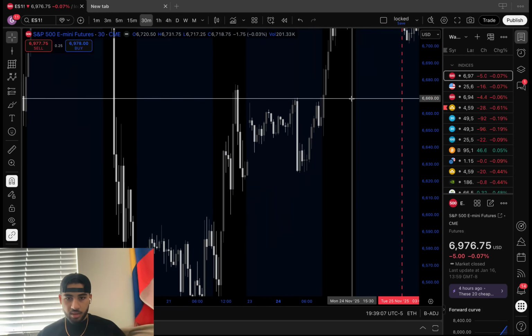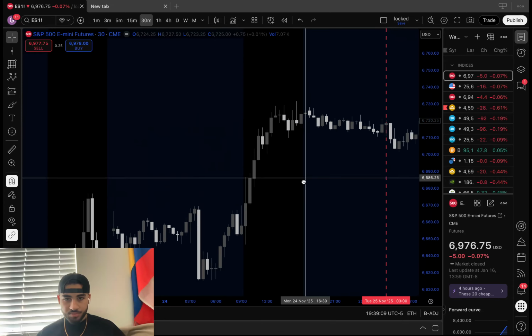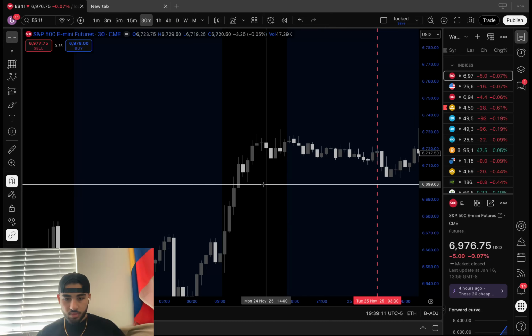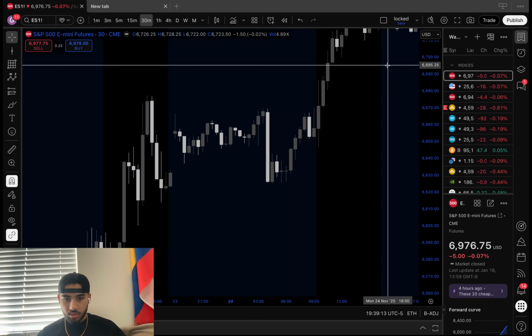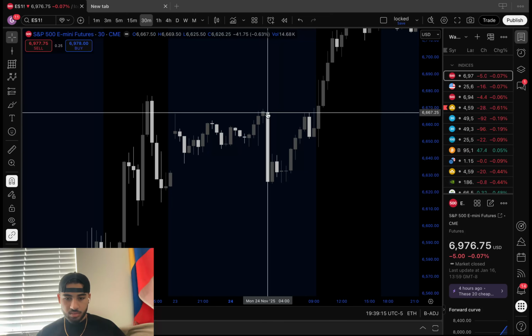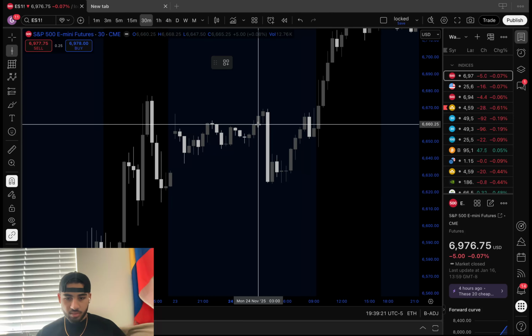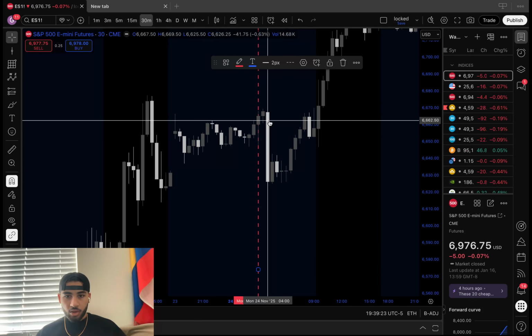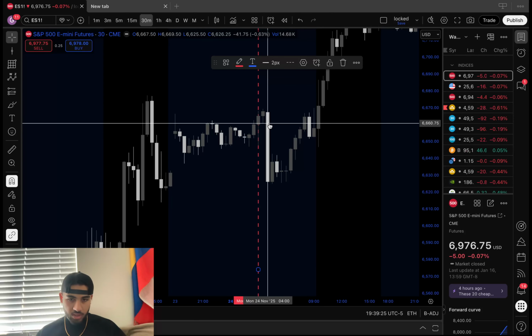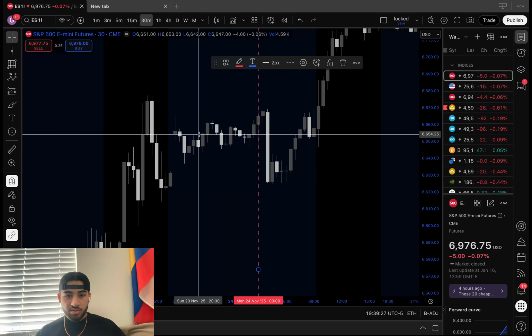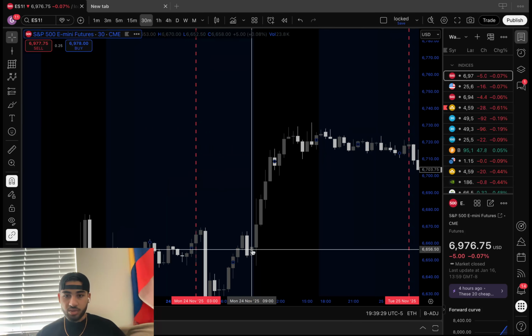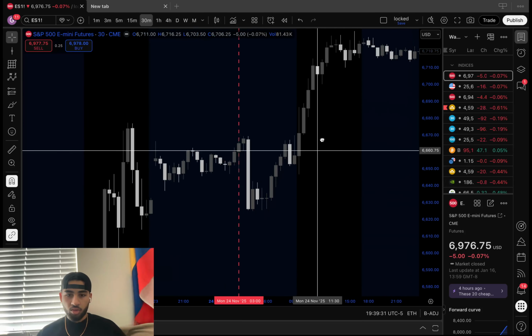And then let me find another one. And then that was consolidation. Okay, another one. Beautiful. Open, 4 o'clock, which is London still. Manipulate these lows, fill in this gap. We start reversing. What does New York do? We continue on New York all the way up the whole day.